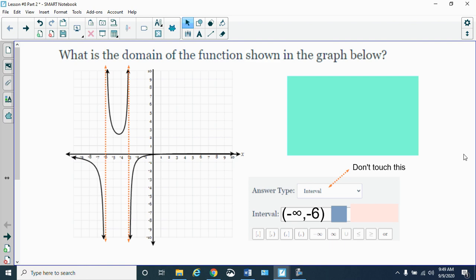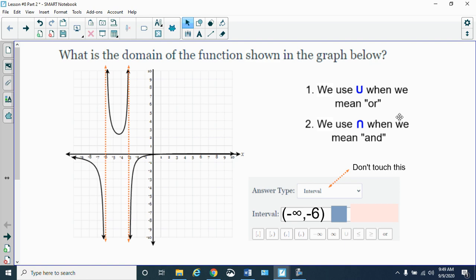Now we have a second part to our domain, and some of you know this from last year, whether you were in honors or whether you learned it on your own. When we have two parts of the domain, we have to use the word or. But instead of writing or, we use the letter U. U, worldwide, means or. That's why math is a worldwide language, right? Because everyone knows what parenthesis -infinity, comma -6, close parenthesis means, and everyone knows that U means or. We use U, we use or, because the domain is either x can be from -infinity to -6, or